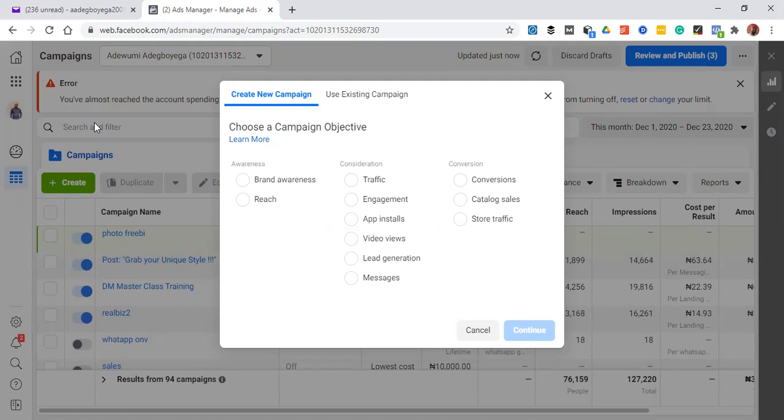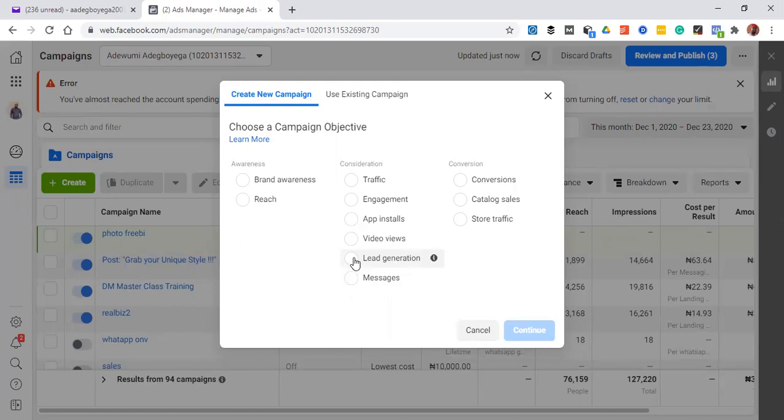You can also do a custom audience and a lookalike audience. If you want to use these audiences, you will have created them before you come to your campaign. Do you understand? Now, this is just a blank one. Just like I said yesterday, if you are starting afresh, you will not have created a custom audience yet, so you leave your first campaign open. So this is what we're going to do: I will leave my first campaign open, and then in the next campaign, I might use my custom audience and my lookalike audience.